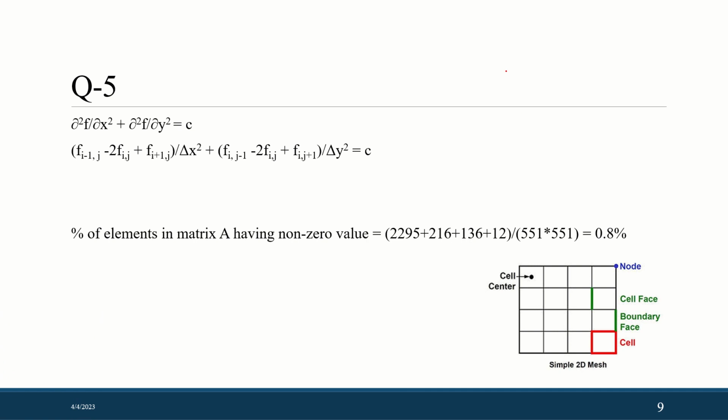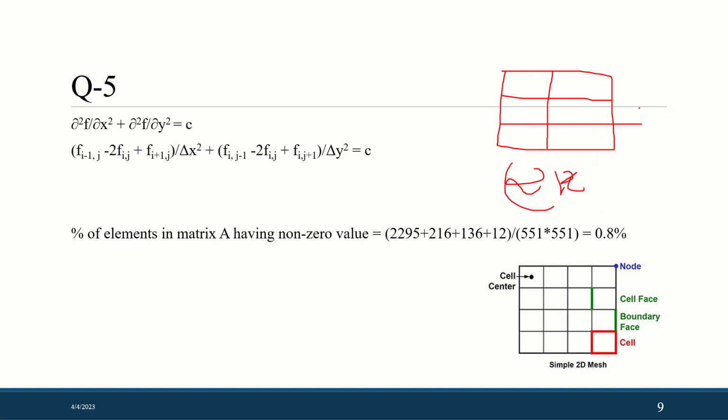So for calculation, we'll just have a smaller grid for our better understanding. In this, we are having two cells in the x direction and three cells in the y direction, right? So when we are using this, we'll have it as 0, 1, 2, and 1, 2, and 3. So when we are putting this in this discretized equation form,